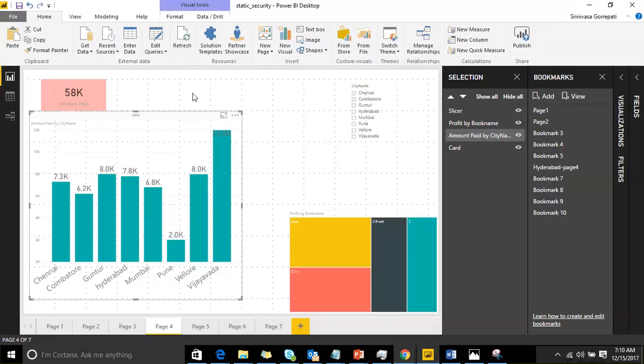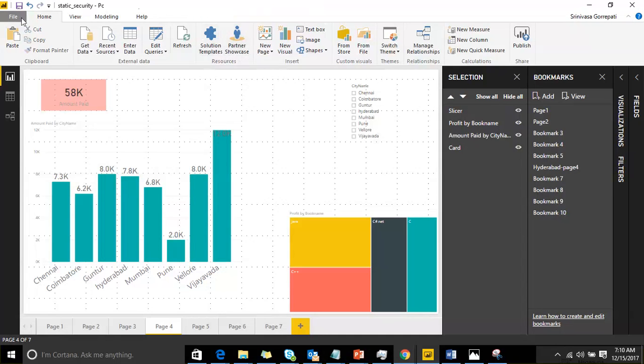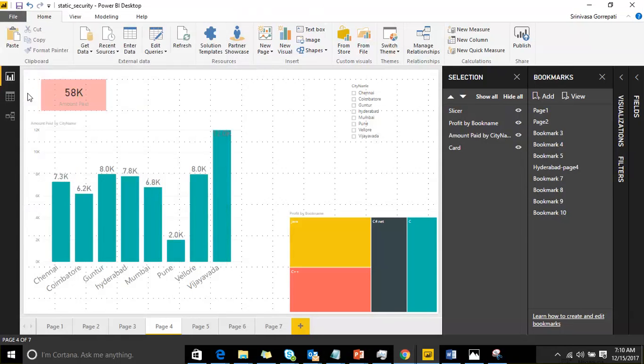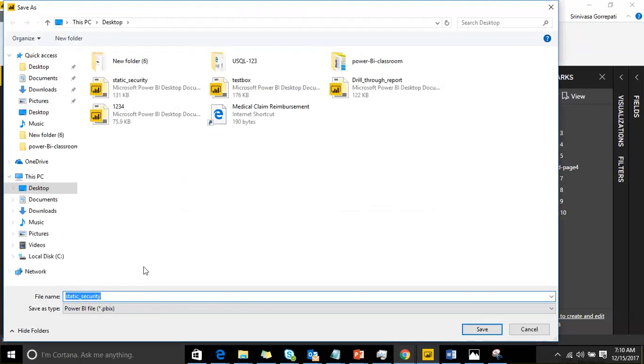As part of a partner showcase, for a developer, you can see the list of solutions which other people developed. That will help you consider what KPIs you need to take and how you need to design your reports, especially at the starting stages. And solution templates. First of all, understand what a template is. Whatever report I am creating, if I save it, it will be saved as a PBIX file, and I can use it at a later time.